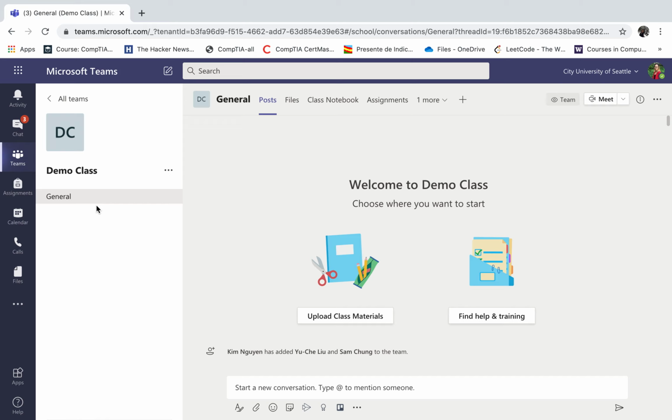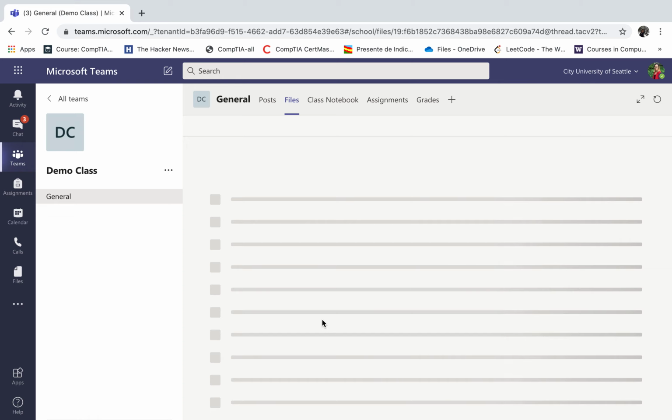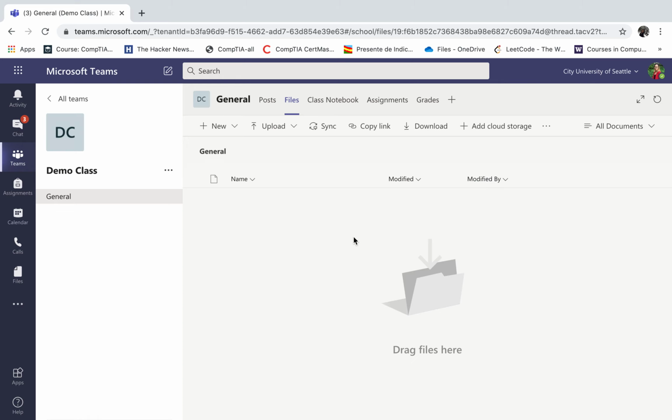So as you can see, there are several options. You can upload class materials, or you can add training materials in here. Okay, so from here I'm going to upload class material in Teams,